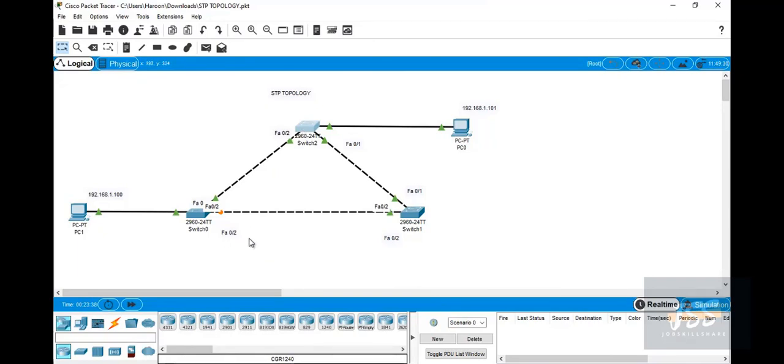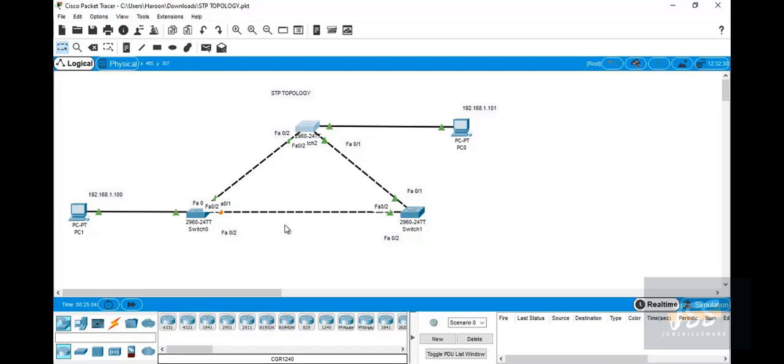So this orange light shows that this port is not forwarding frames because it is in spanning tree state, in this case the blocking state. So it means this path from switch 0 to switch 2, then the packet will be forwarded to PC0. If we send a packet from PC1, it will take this path, switch 0 to switch 2, then PC0. Because this port is in blocking state, it will not forward the frames from this path. So this is now very clear from the topology shown on the Cisco Packet Tracer here.